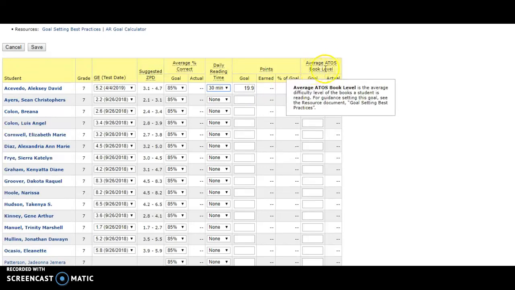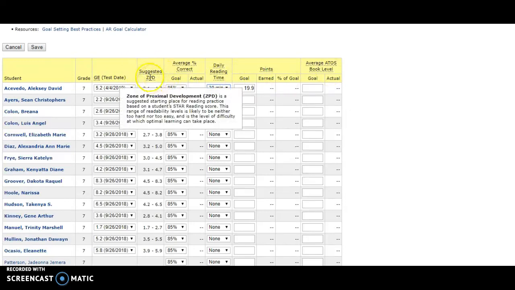Then the next thing you need to go over and do, or would be a good idea if you did, was to pick their book level. This ensures that students will not be able to receive points that are out of their ZPD, meaning that they're reading books that are way below their reading level, which they love to do to get their quick points in for the quarter. So you go over here and you look at their suggested ZPD, which is Zone of Proximal Development,